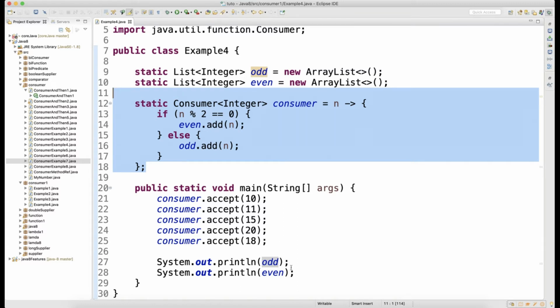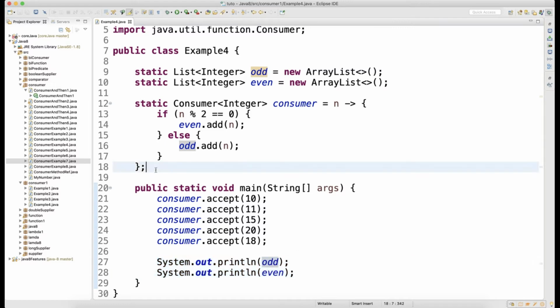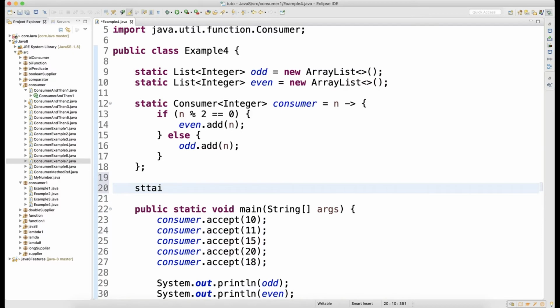Now here I am printing by using System.out.println, and I can print that because you know that in your list classes the toString method is overridden. But can't I write one more consumer, static consumer, which will take a list of integers as an input?